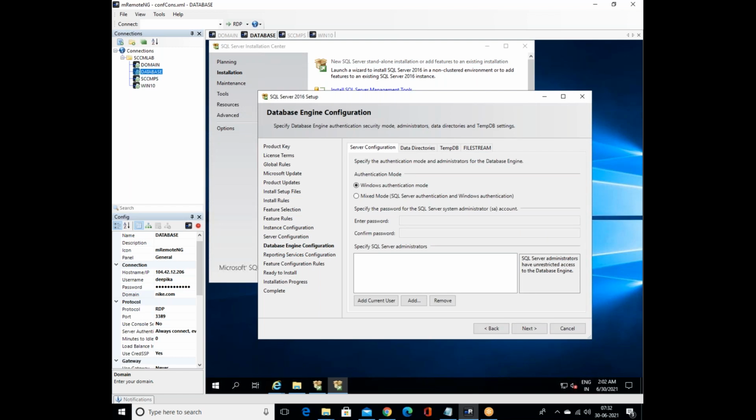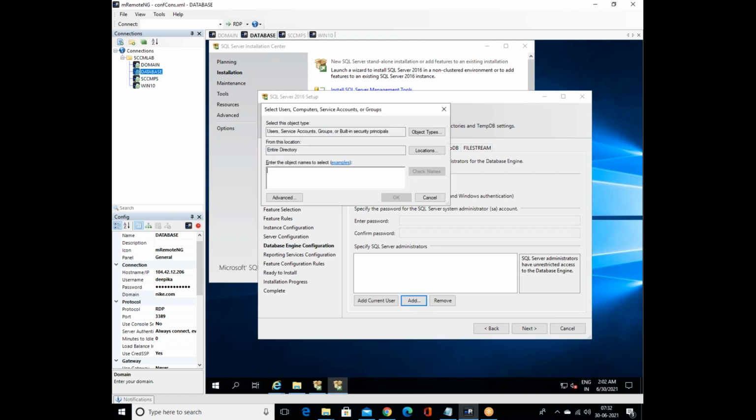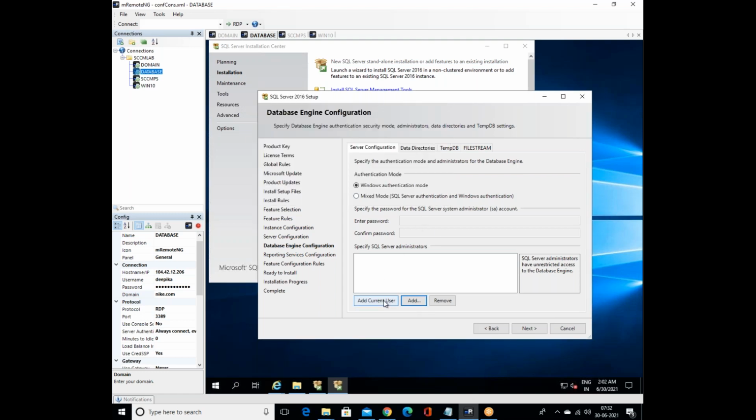Now, who will have read and write permission on the database? You need to assign rights to somebody who will be the database administrator. So let's add one account. Below you have Add Current User. Choose Add Current User. So Nike\Deepika will have read and write permission on the database. This is going to be the database administrator. Next